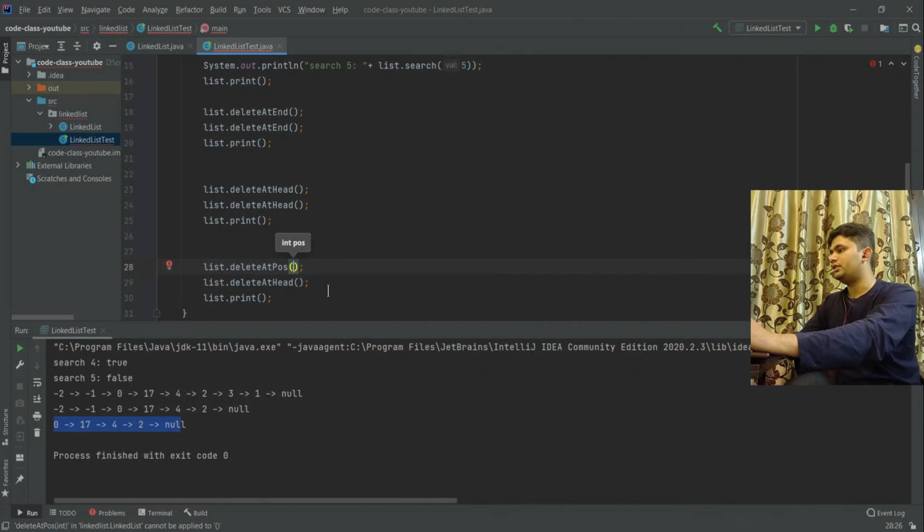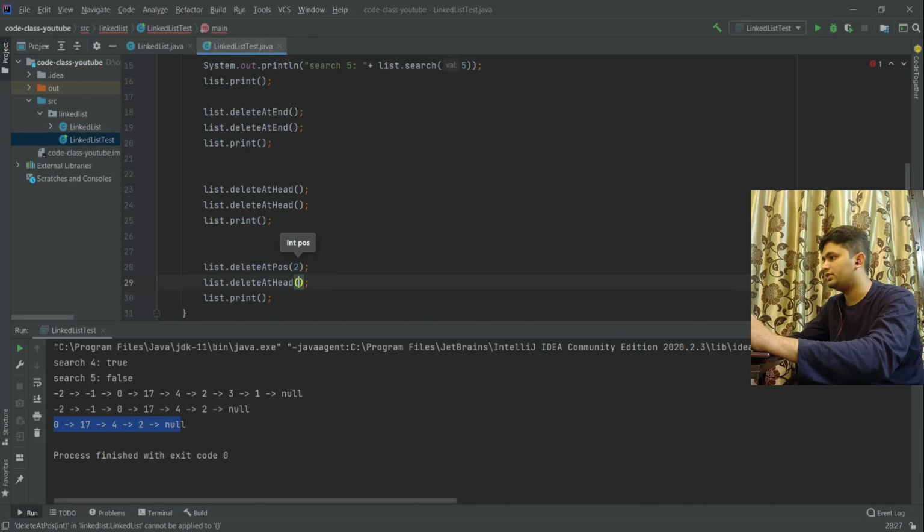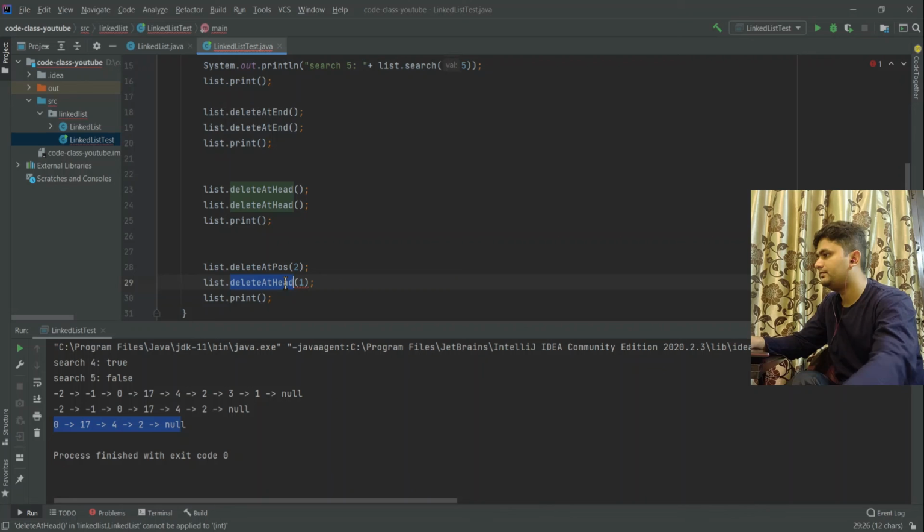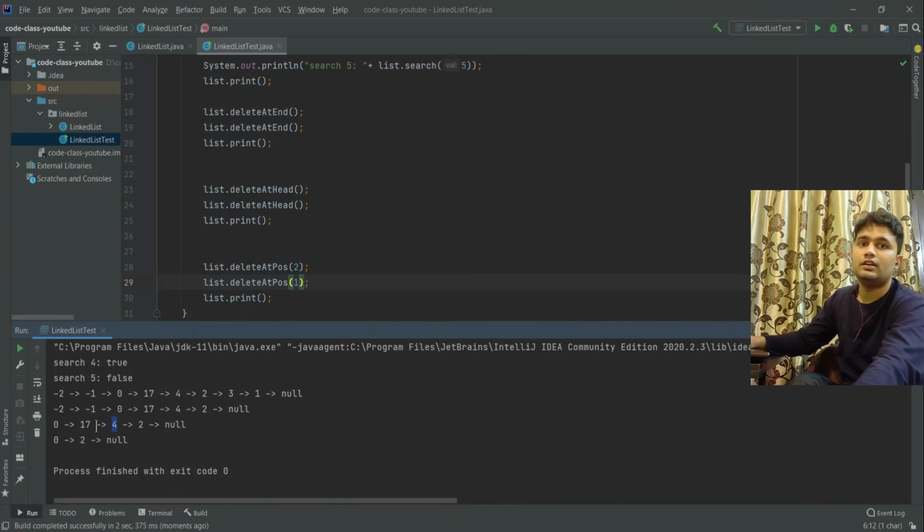Suppose from the second position, and here from the first position. When we delete from the second position, 4 got deleted, and when we delete from the first position, 7 got deleted.